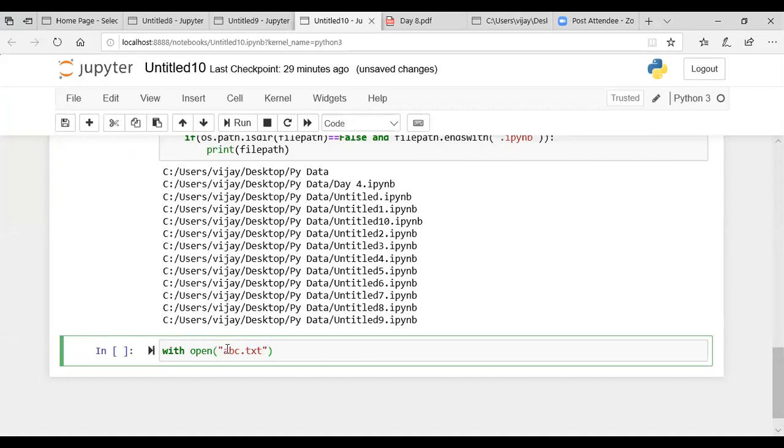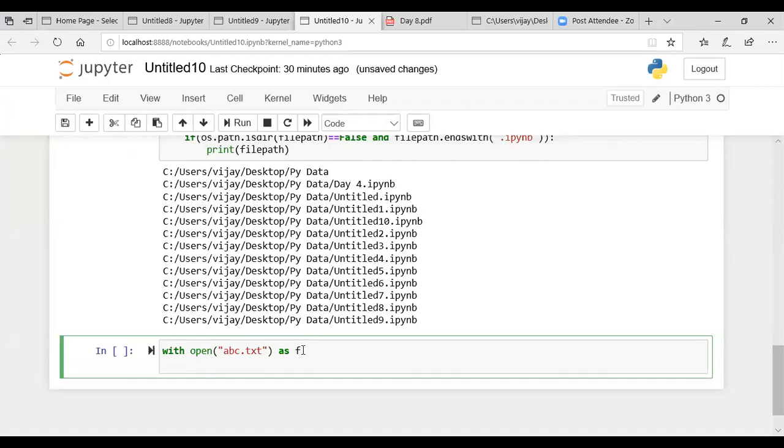Even if you're not mentioning the mode over here, by default it will be considered a read mode, because read mode is the default mode when you work with a file. Then I'll create the handle to handle that file, let's say f. You can use any name over here. It's simply a reference to that file.